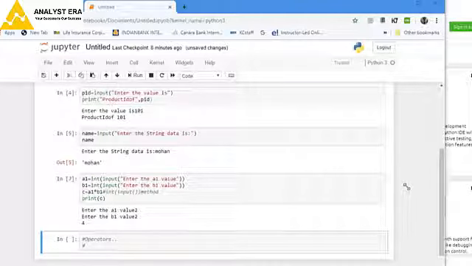Because this is a demo class, I have directly taken the program and everything. But when I take a full session, we can cover the history of Python and everything. Do not worry about that. Does anybody know what an operator is?